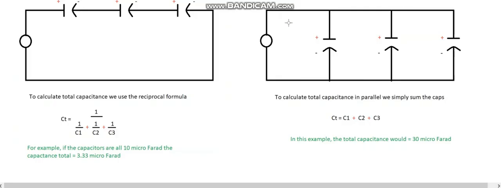A little different, but if you understand that these plates are all connected, increasing the area, thereby increasing the capacitance, that's an easy way to remember it. That's going to allow you to remember it. And why is that important? Because if you remember that, then you remember that it's the sum